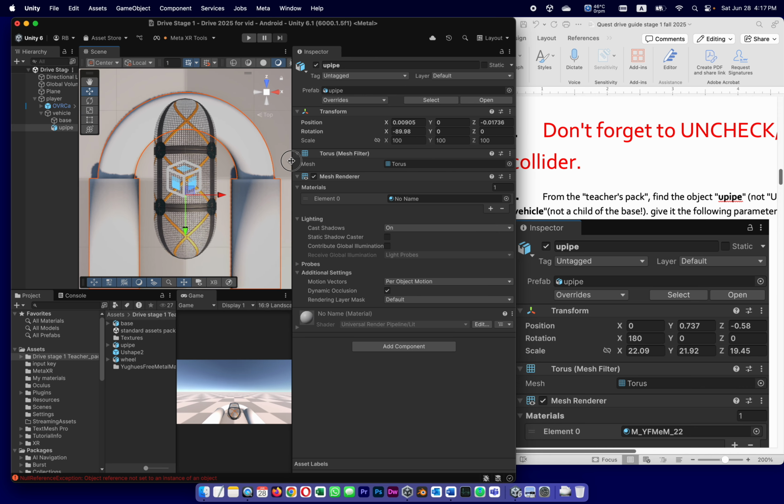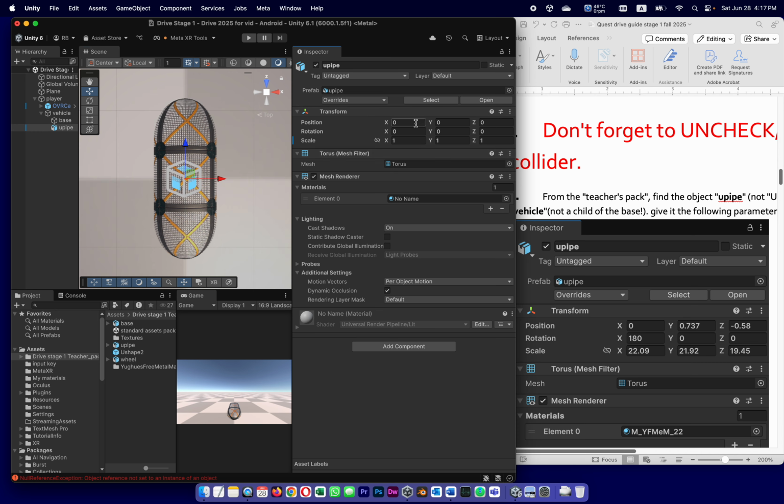What are we going to do to it? As far as position, let me reset. I'm going to give it 0, 0.7, 37, negative, negative 0.58, 180 degrees rotation X,